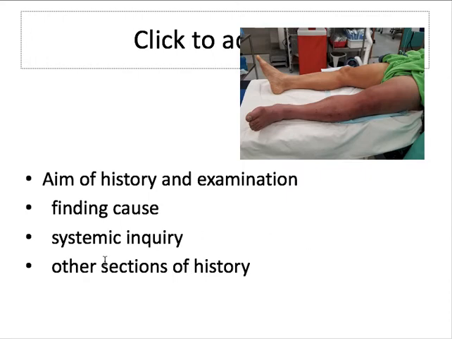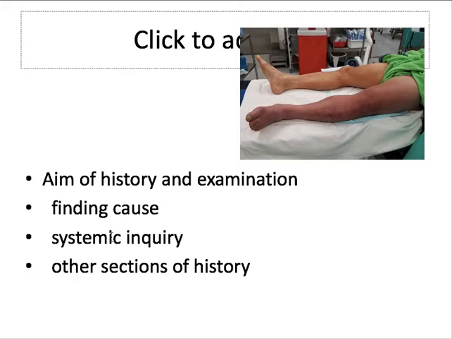Then other sections of the history are important to manage the patient. Say a person with diagnosed valvular heart disease coming with an embolism may now be on warfarin, so it's a problem for surgical management. Or the person has ischemic heart disease and is on aspirin maybe, and other comorbids which are important to manage the patient, like diabetes, surgeries, allergies, if you are going to do an angio urgently. So all parts are equally important.